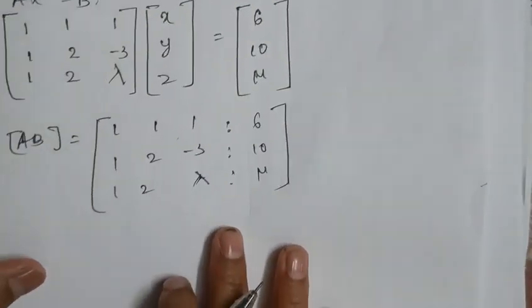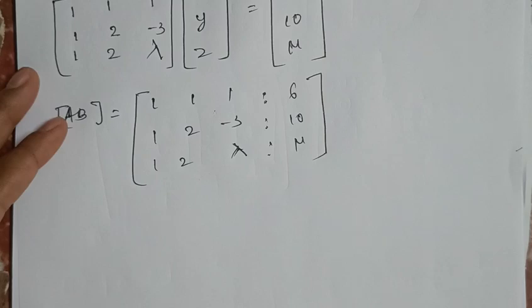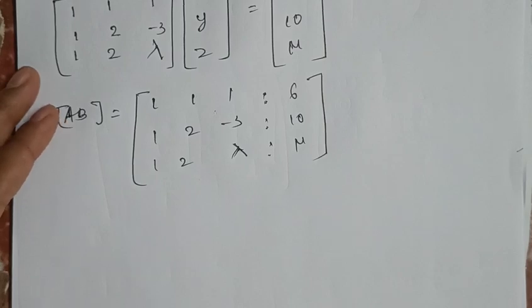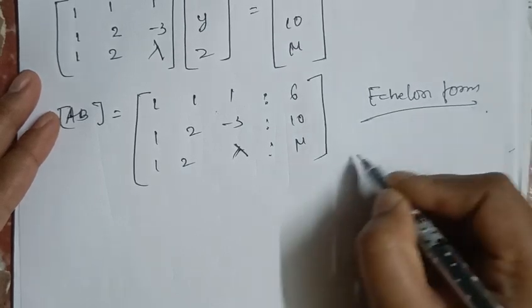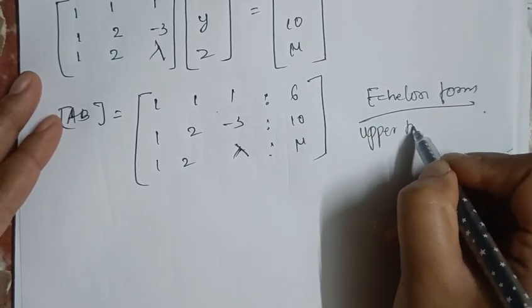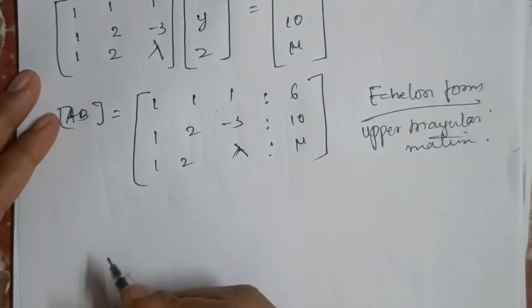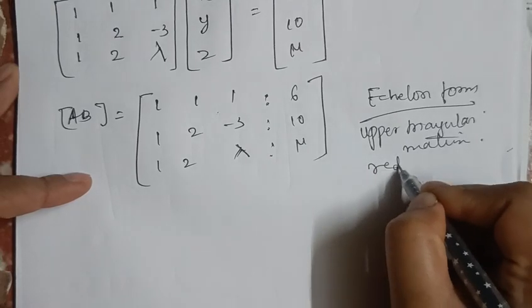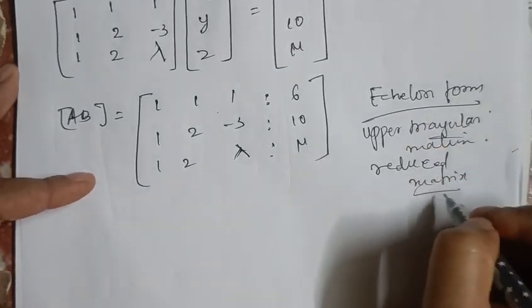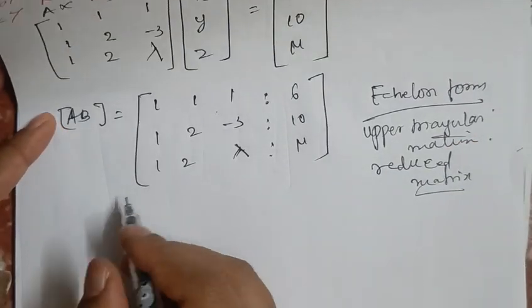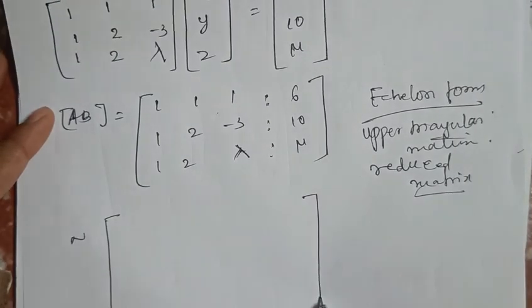Now we will perform some elementary row operations, okay? Consider this the Gauss's elimination method. So, echelon form. We are going to have the upper triangular matrix. The matrix is getting reduced to the upper triangular form. Now, I am performing some operation in this matrix so that